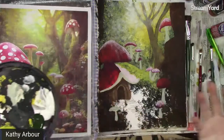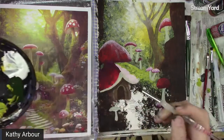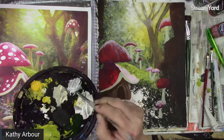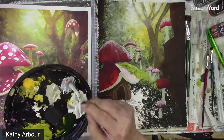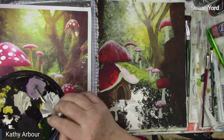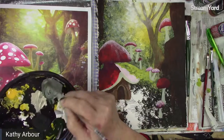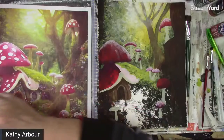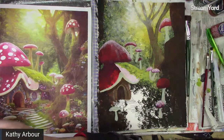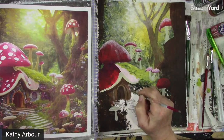And we're going to make a stone color. Let's see. So let's do mostly white. Let's see what we get with this black green. That's not bad. Could add a little red to that. Some blue or purple maybe. Greens. Let's see. Kind of a muddy color. I'm just going to